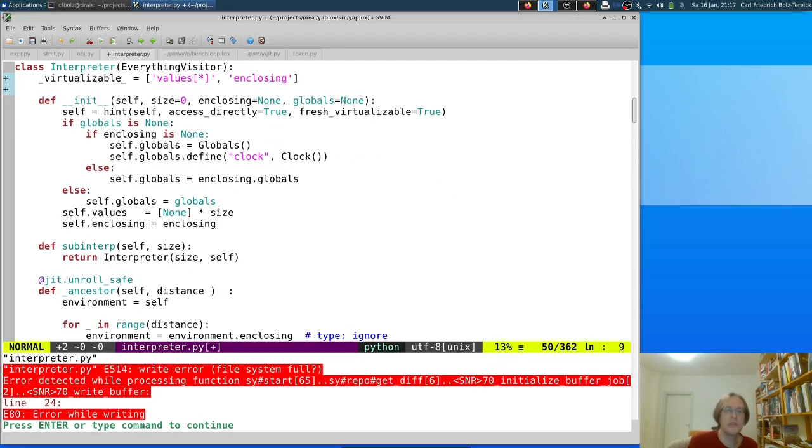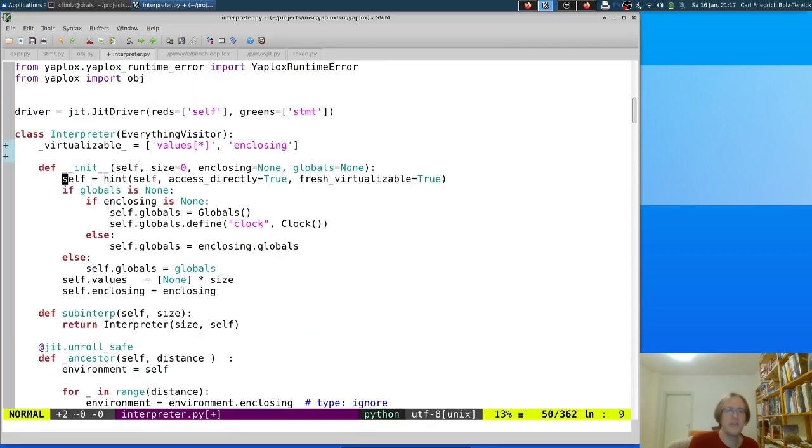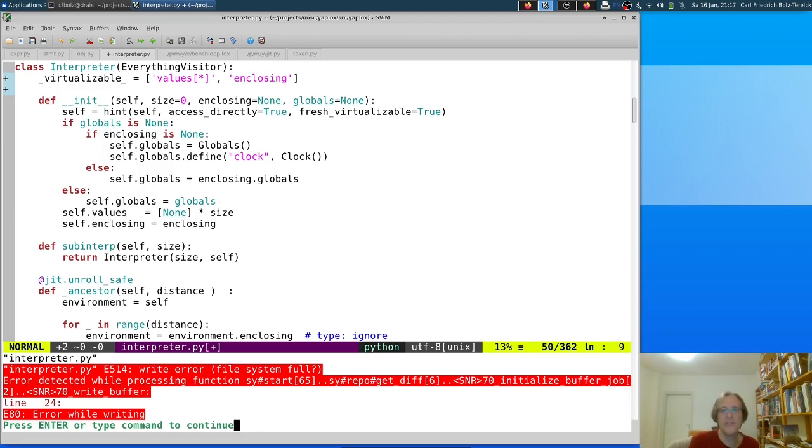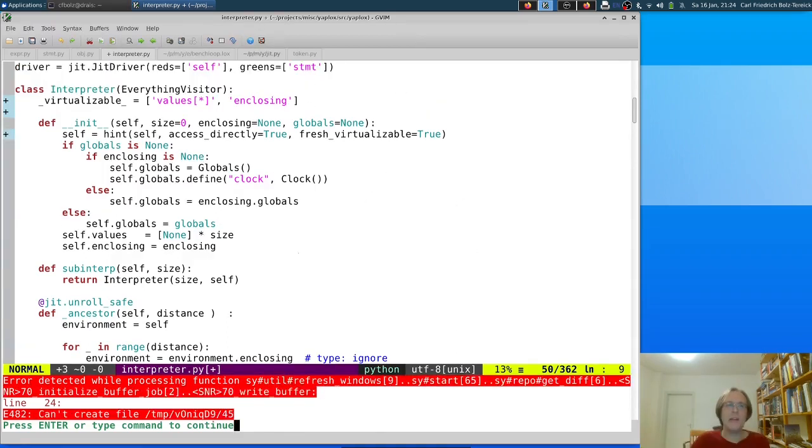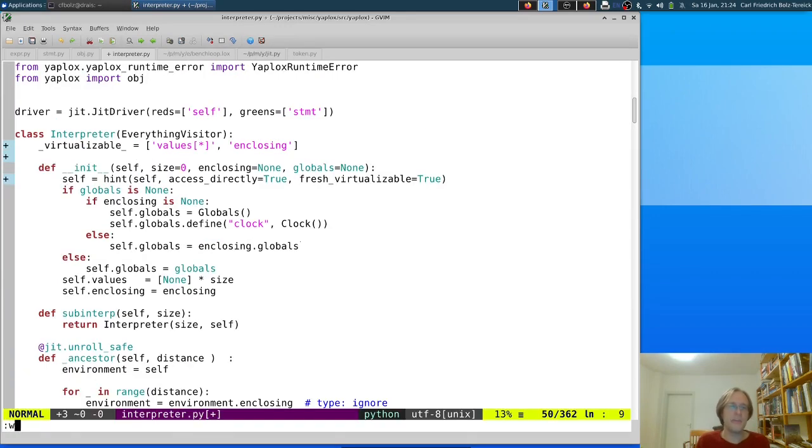Whoops. File system full. That's annoying. It means that my recording is filling the file system. Okay, I did not really need that excitement. For the YouTube people later, my hard drive was full at that moment, so I had to move the file somewhere else, and now I'm going back to